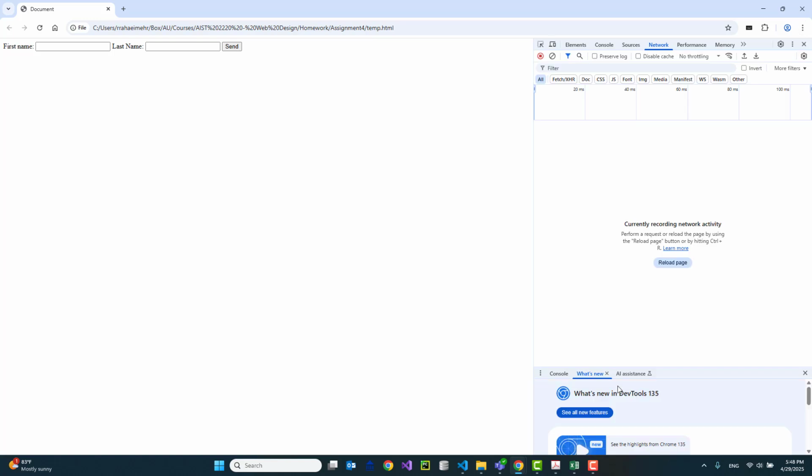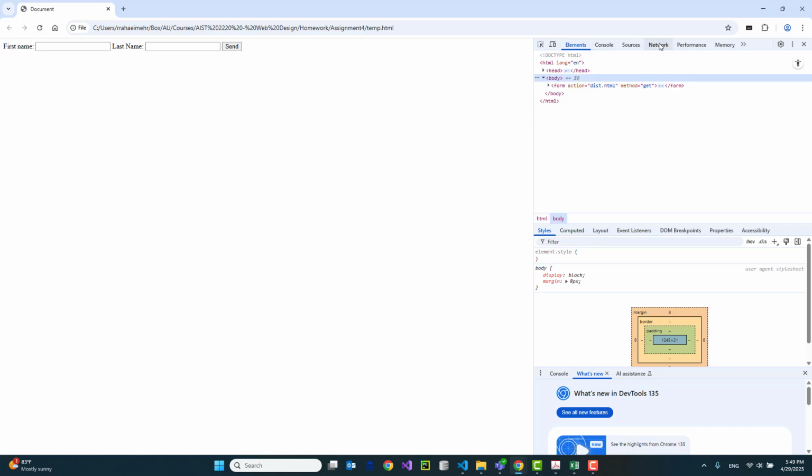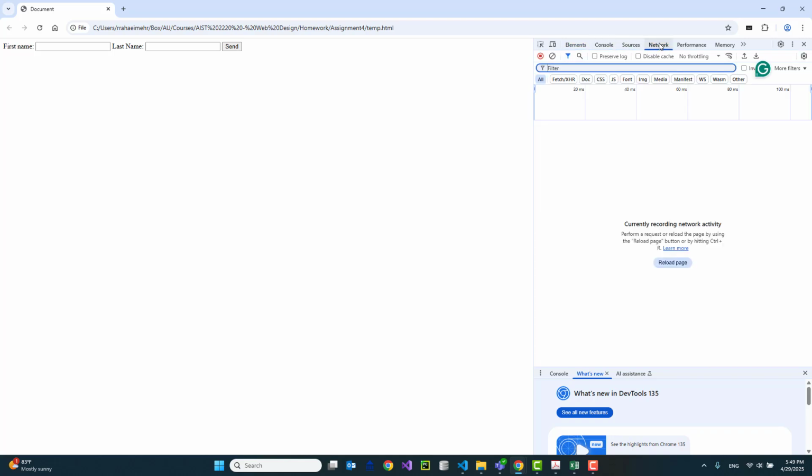If you click on it, you can see a bunch of possibilities. Here we are looking for the network traffic between your browser and the server. Okay, look at here. I type Reza Raha, and when I press the submit button,